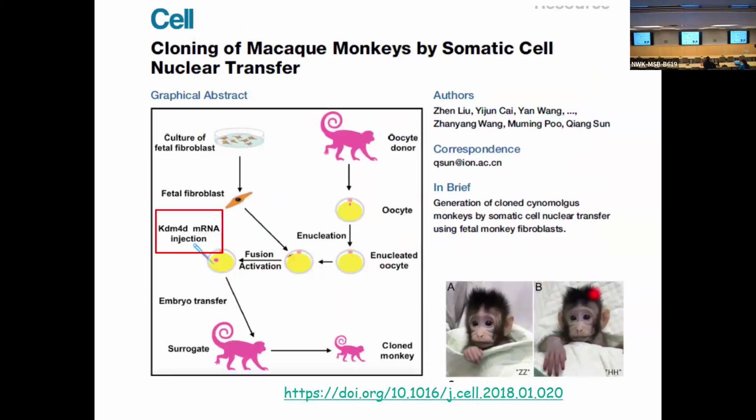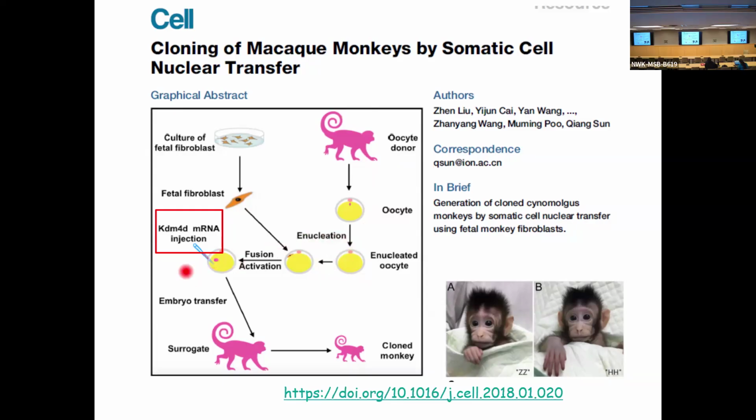You have a monkey, macaques, for example, here in China, twins using an oocyte donor here. We enucleated the oocyte here,